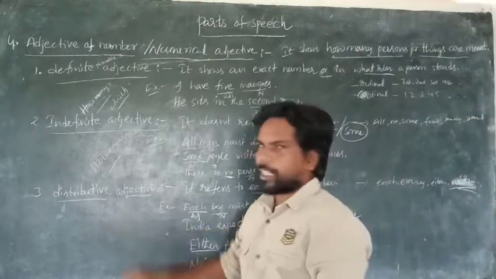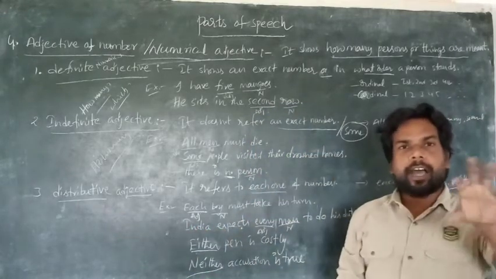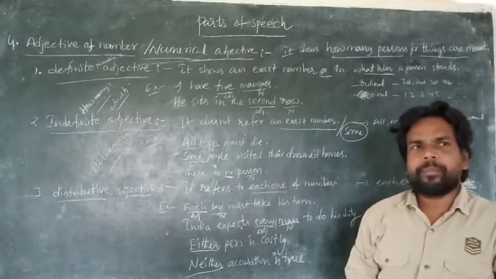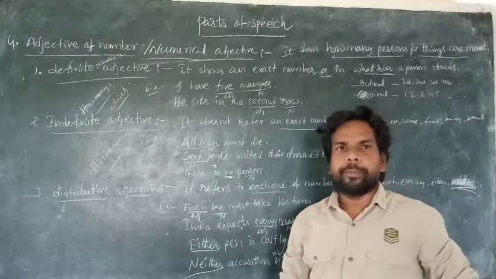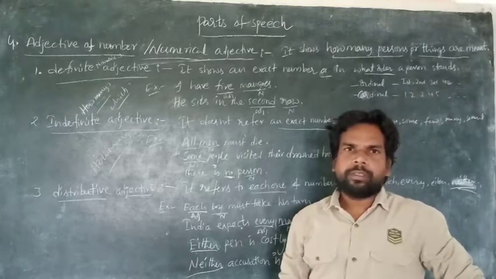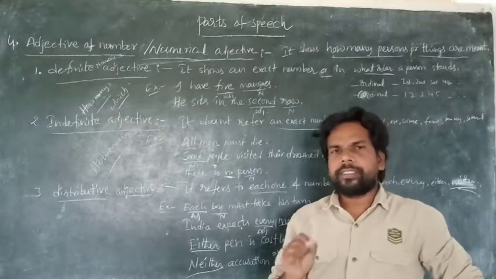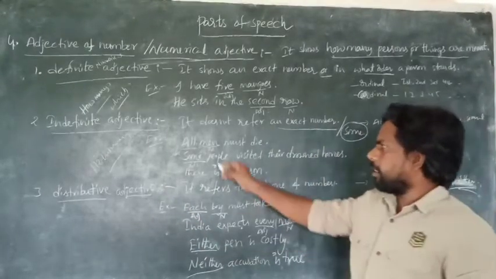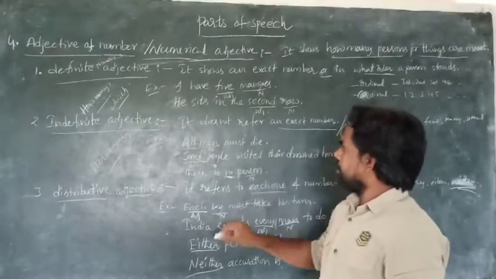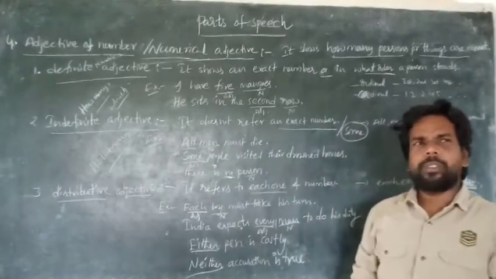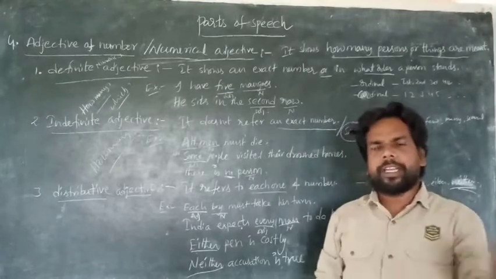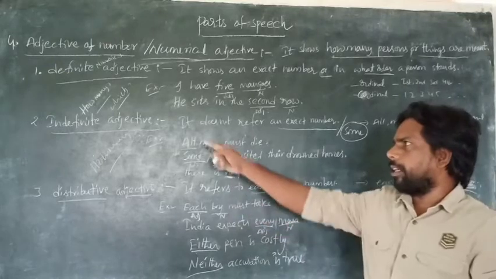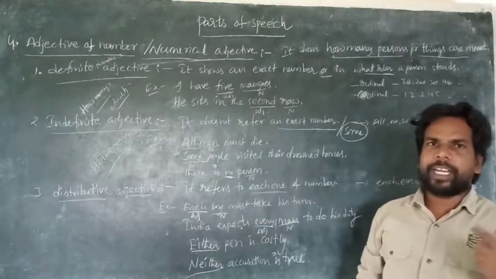All are attended the class. Here all is called an indefinite pronoun. Some go to temple. Here some is called an indefinite pronoun. When these three, all, some, no, are used without nouns, they are called indefinite pronouns. When they are used along with nouns, they are called indefinite numerical adjectives.